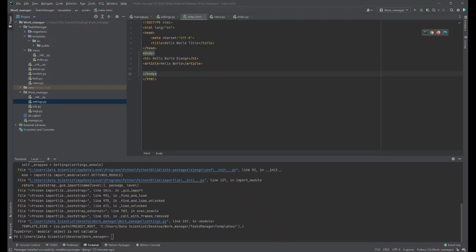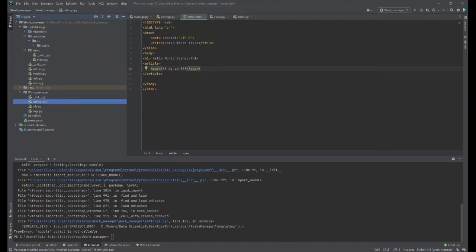Now, in our controller, we send a variable named my_var. So we can display it in a span tag like this. You add these lines in the article tag of our template tag. <span>{{ my_var }}</span>